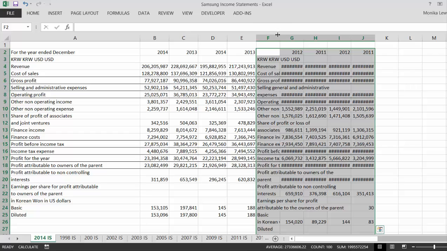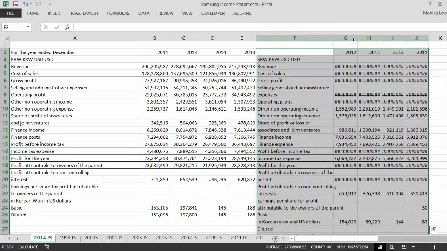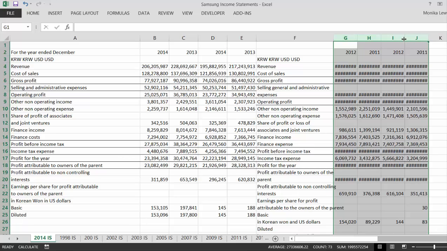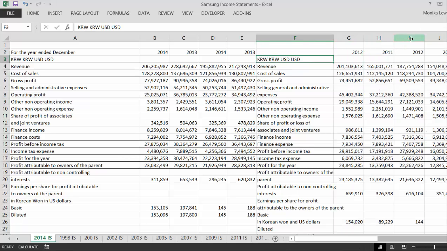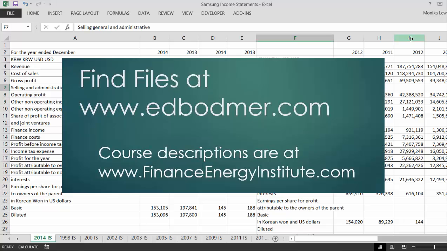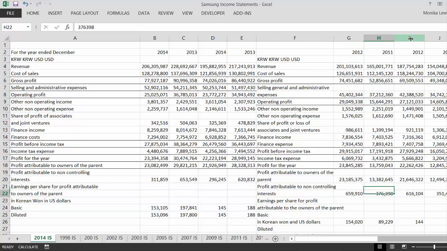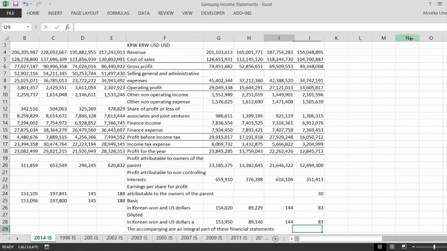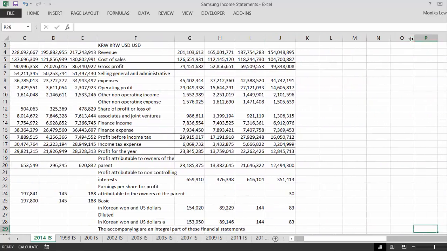Now, if you look at this, revenues, cost of sales is actually reasonably similar. What's the matter here? There's a share of associates in joint ventures, other non... okay, selling and administrative expenses had a different format, so that's going to screw us all up. But we'll show you how to work with that, okay? And then we'll take